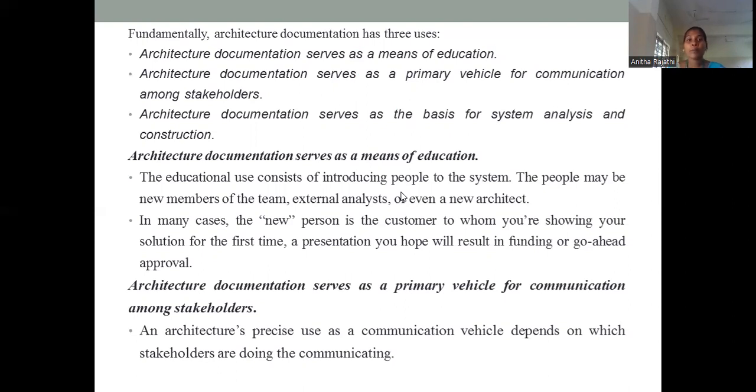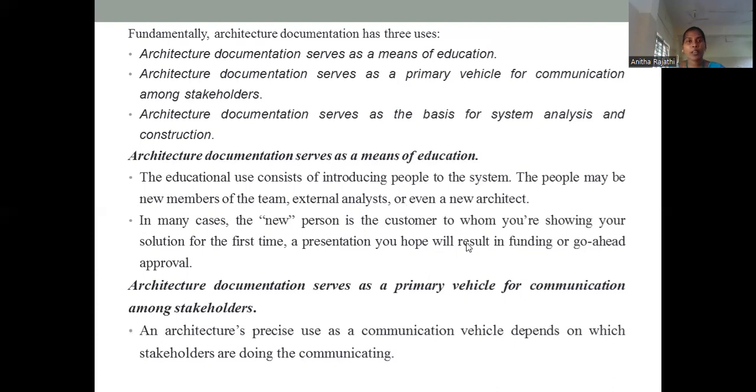Maybe the customer itself is the end user, so only for them will you be developing the application. So the other end, the stakeholders may be the end user, or the stakeholders may be the company people. We may not know who will be using the architecture documentation. So it is a communication, because